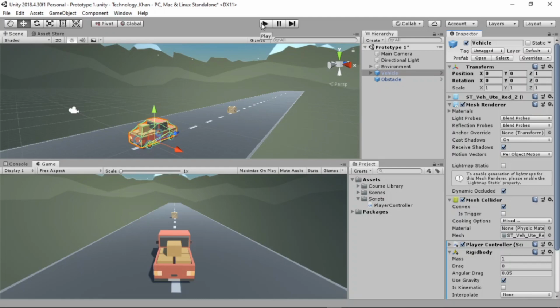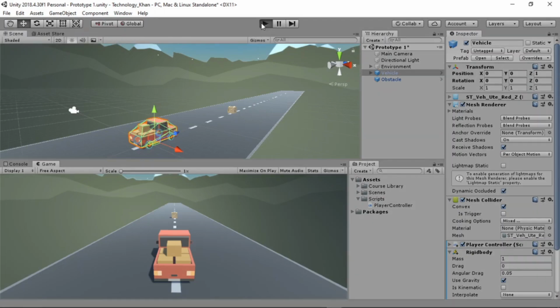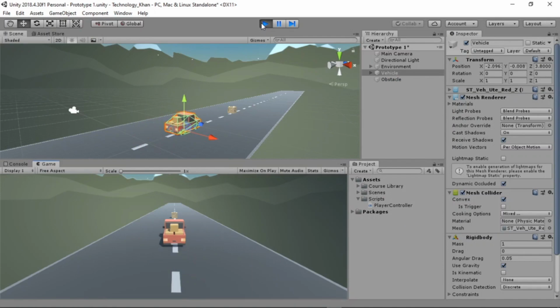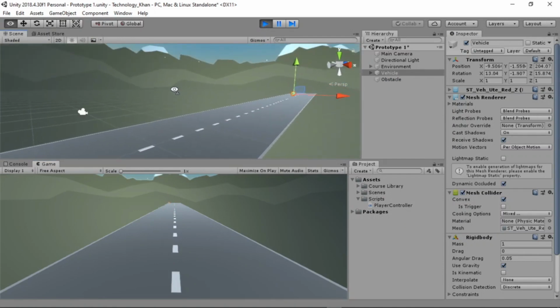So if we actually press play, you can see our vehicle collides with our carrot. It goes flying off. It goes flying off. See,